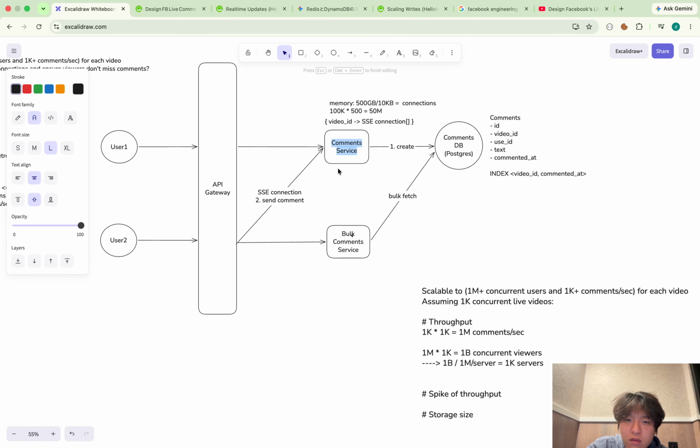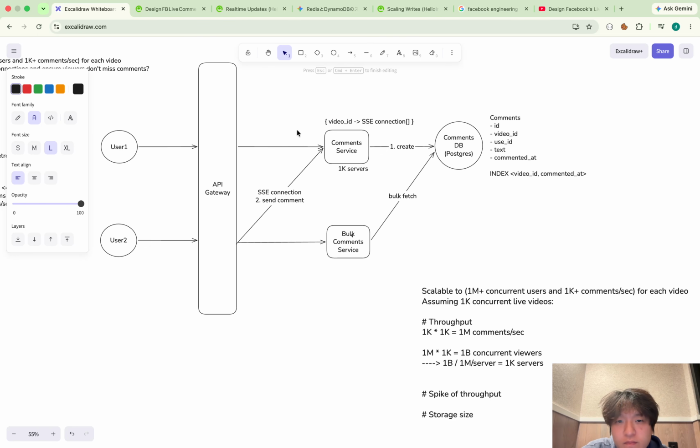So we need 1K servers here. So this is so many. Yeah, but obviously maybe I overestimated this, but we assume these numbers: 1,000 concurrent videos and each video has 1 million concurrent users. So this big number is understandable.